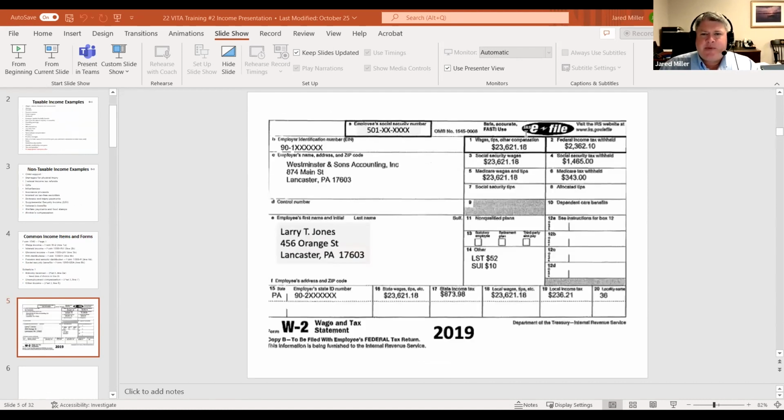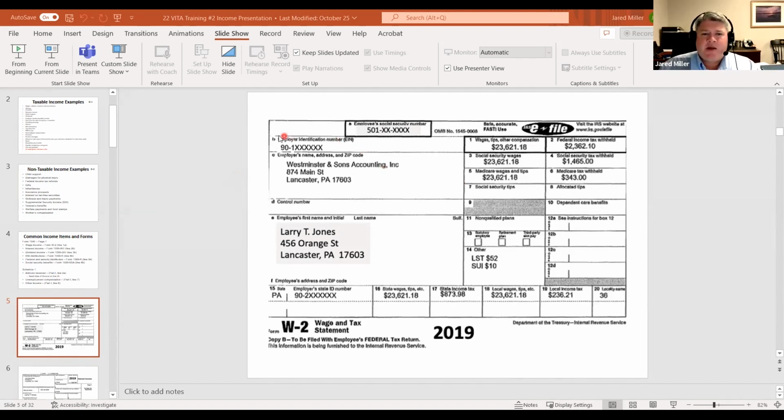Now, to highlight just a couple pieces here with our W-2, let me see if I can do a couple of my magic wand techniques here. Here we go. All right, so just wanted to point out for those of you who have not seen a W-2 before, this is a traditional W-2 form. Now, the other downside is the W-2 does not have to come in a standard format. It can come in a variety of sizes, variety of information, but it's all going to have the same boxes on the W-2 itself.